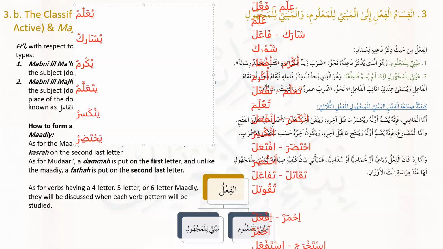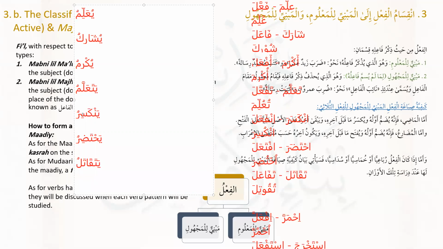يحتضر. أحسنتم يا شيخ. What is the مضارع of تقاتل? يتقاتل. طيب, and what is the مضارع of احمر? يحمر. نعم, يحمر. طبعا we can leave out يحمر because it doesn't have a